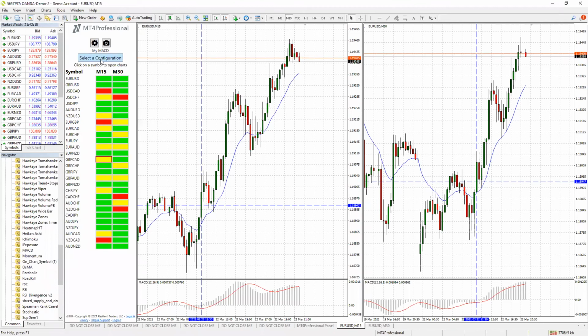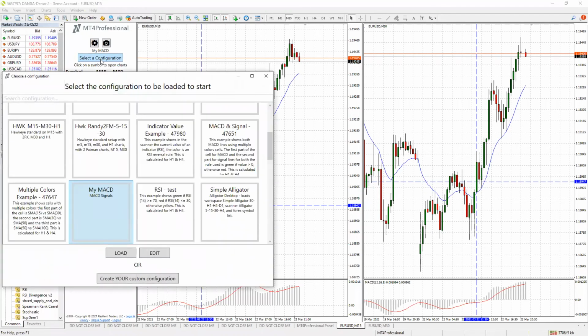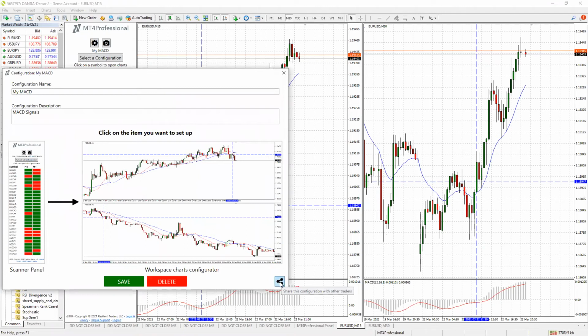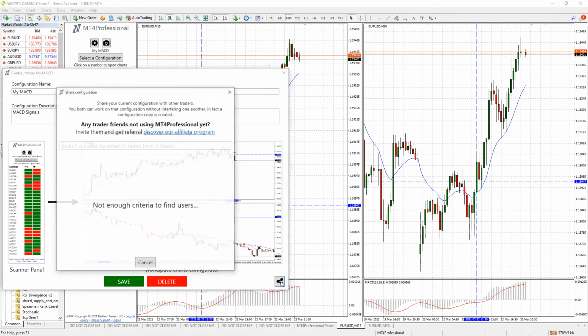If you've done a configuration and you have a team of traders that you're trading with, you can share these configurations with them. In the bottom right-hand corner of any of your configuration setup pages is a small little icon that allows you to share this configuration with any other traders on our traders network. So whether you're chatting with them in our Skype chat room, or if you're speaking with them individually, or if you have your own team, then you can click this button, and with one click, go through and find the people you're looking for,